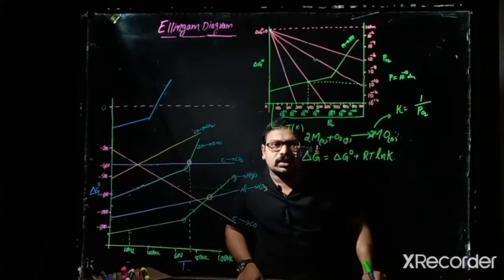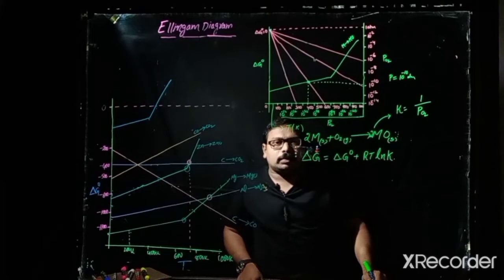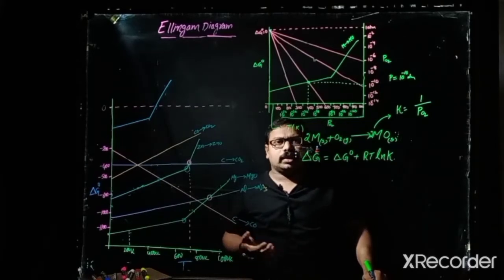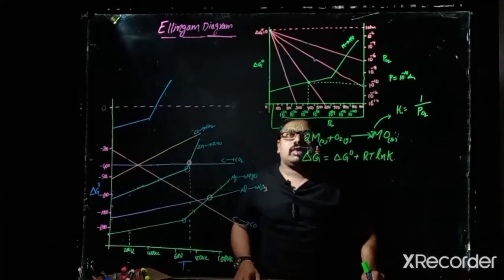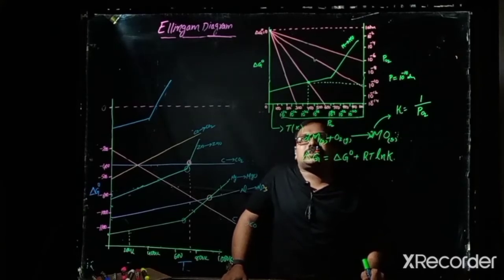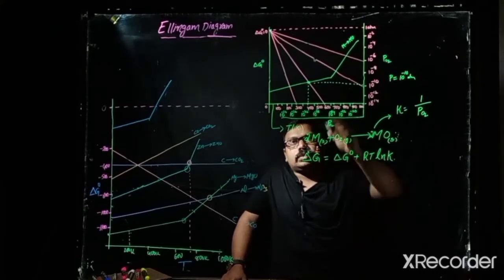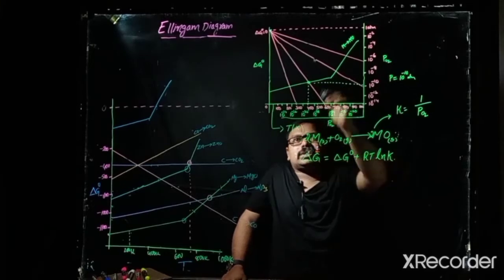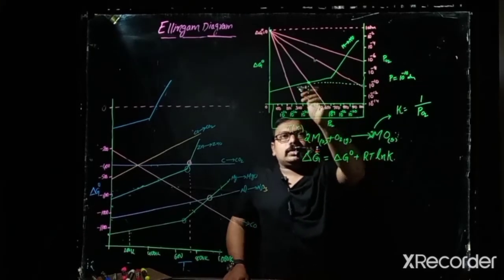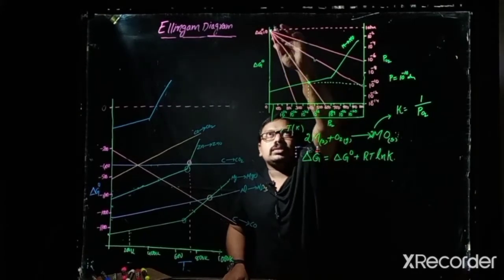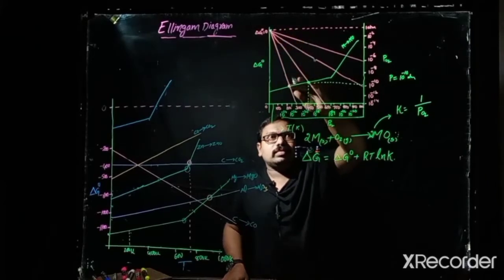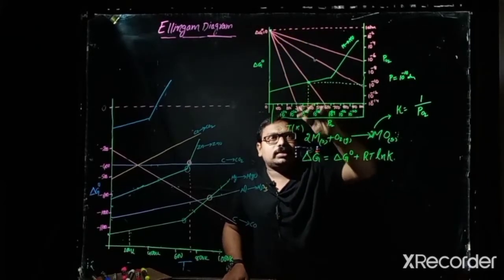That is what we are saying, the equilibrium partial pressure of oxygen. Just like that, for any temperature we can calculate the equilibrium partial pressure of oxygen. Suppose I want to calculate the equilibrium partial pressure of oxygen at 250 Kelvin. So this curve which is passing through delta G naught equal to 0, this line, it will touch here.